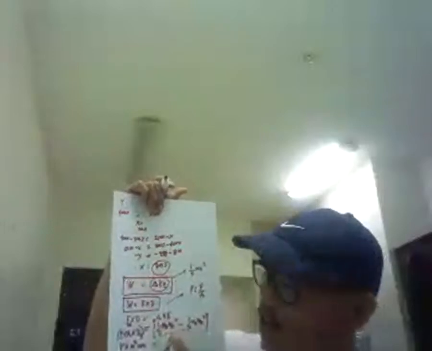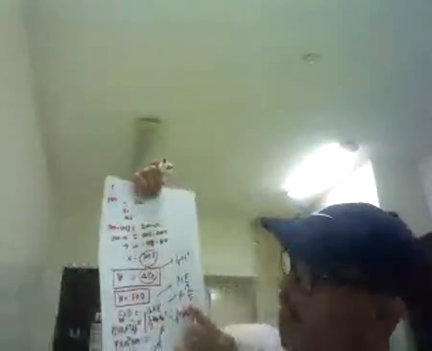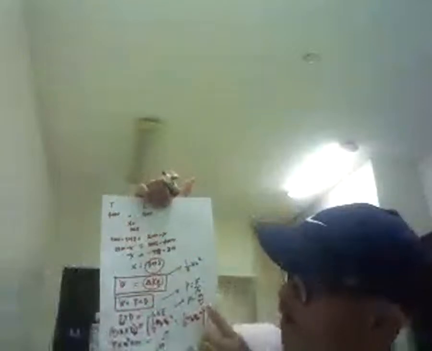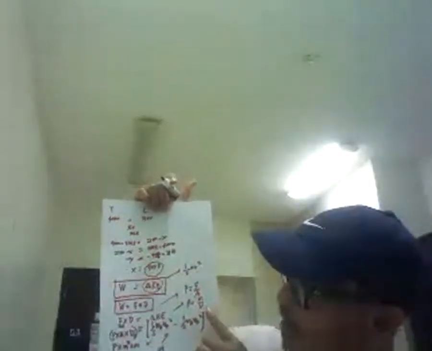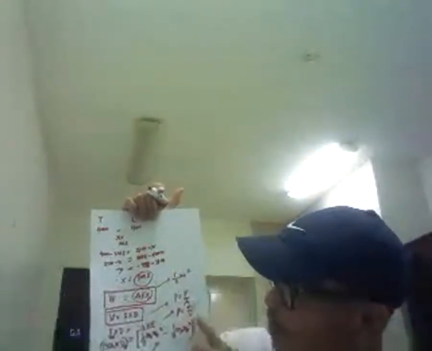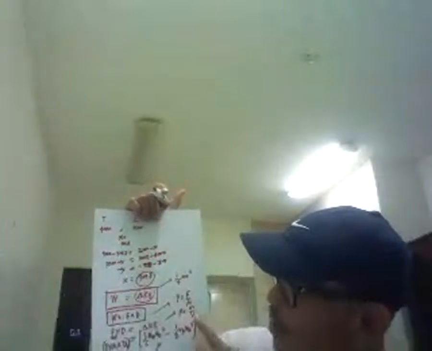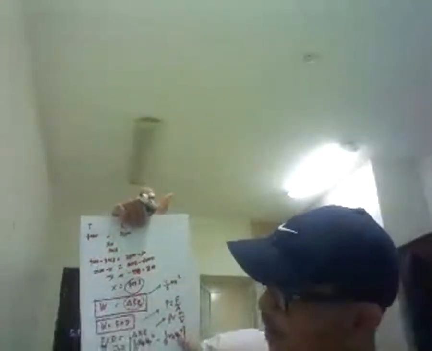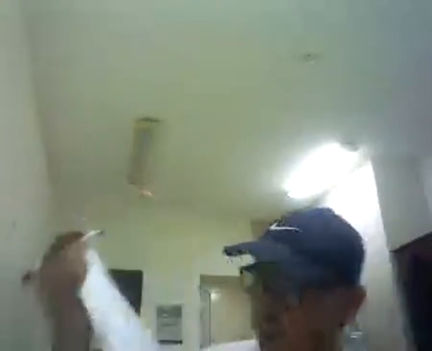Density is equal to mass over volume, so mass is equal to density times volume. Okay, so substitute the mass. Like that. So one half